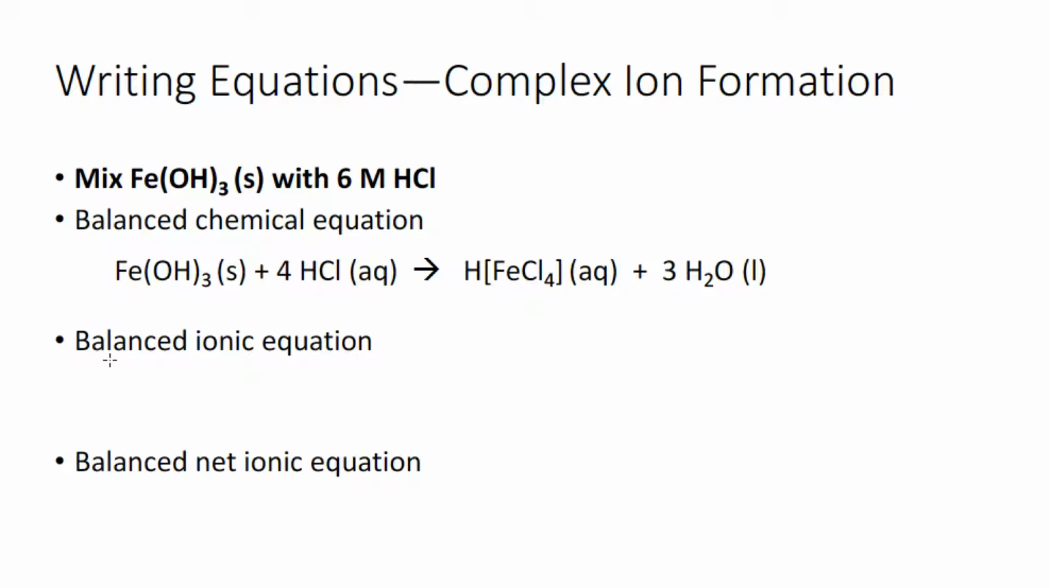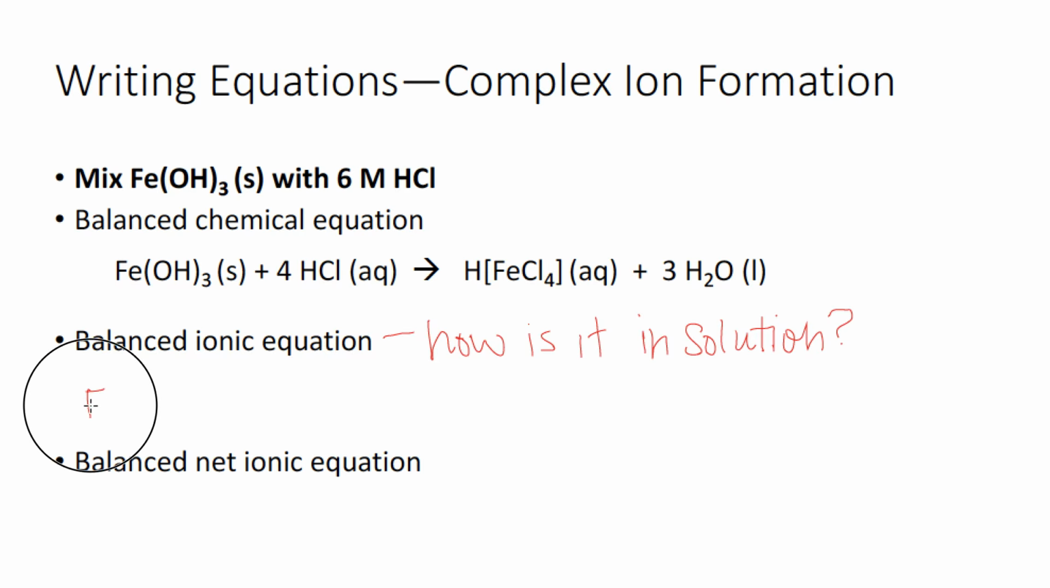Okay, so writing out our balanced ionic equation, this is thinking about how it actually appears in solution. So that's why we're doing this. Our Fe(OH)3 solid is going to just stay the same. So we'll have Fe(OH)3 solid, because it's a solid, it's not dissociated in the water, it's not dissolved in the water. Now HCl is a strong acid. So here we'll have 4 H+